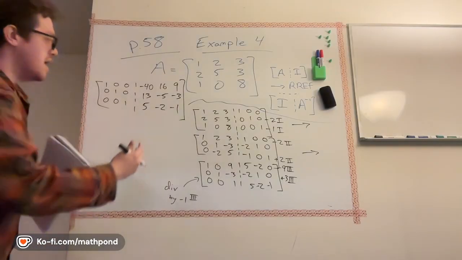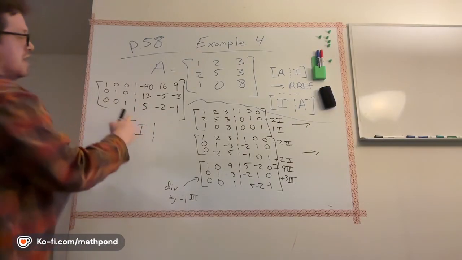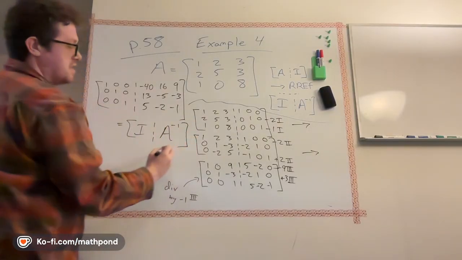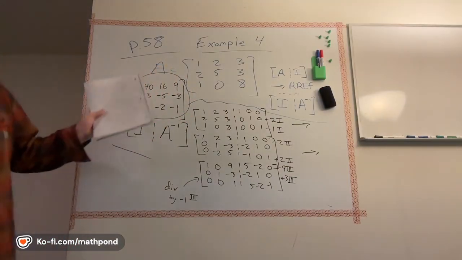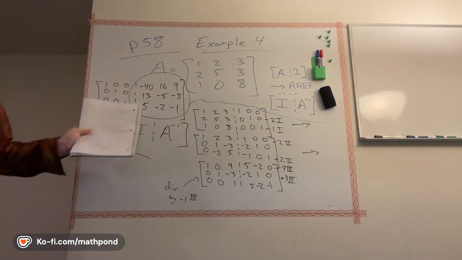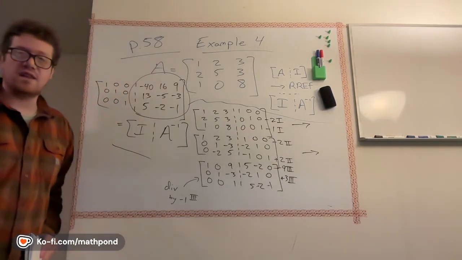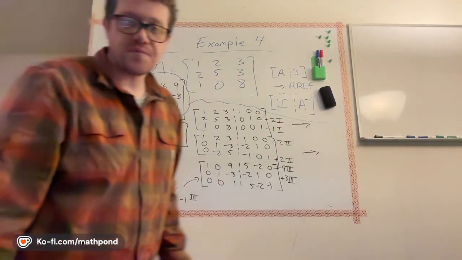But yeah, so now this is the algorithm. So the algorithm says we stop here. This is the identity on the left, and whatever we have on the right augmented, that's the inverse. So this is the inverse matrix. So here's our A in blue. Here's our inverse matrix, and we can kind of ignore the identity. That was just useful for computational purposes.